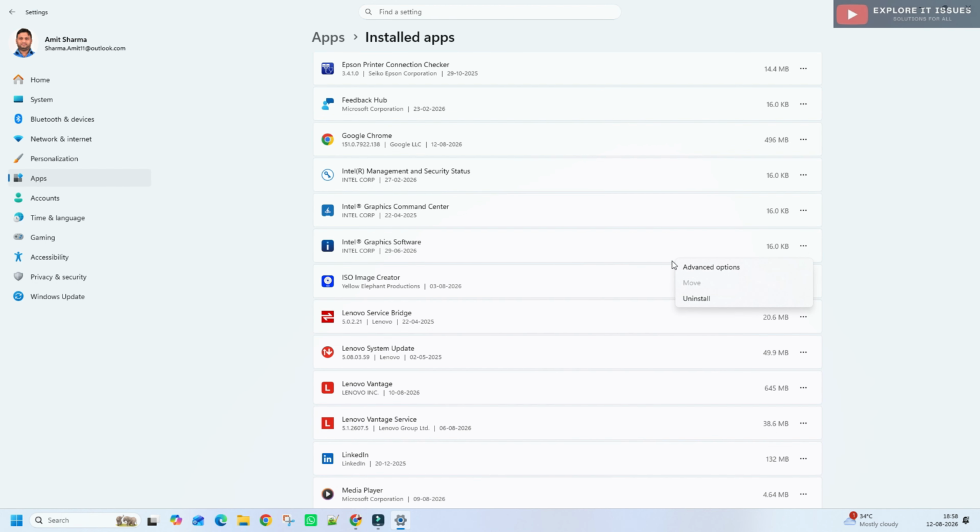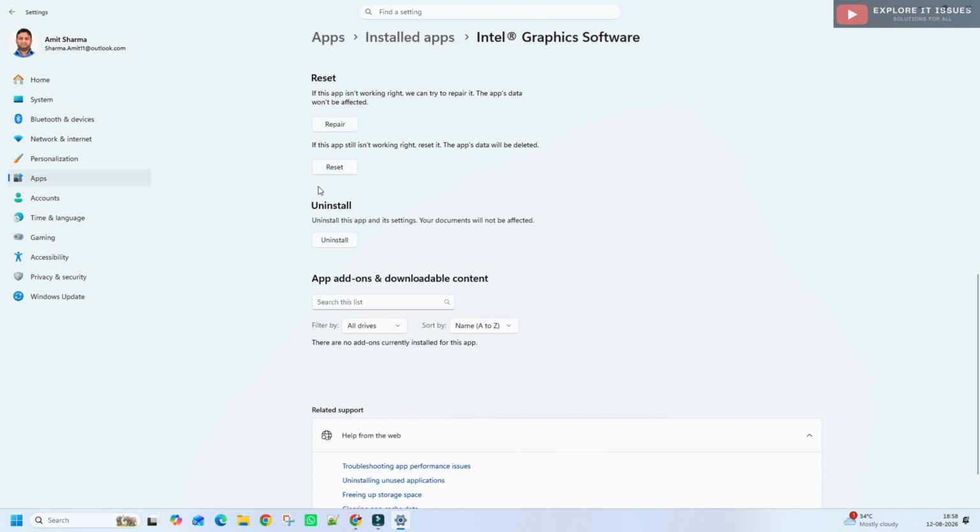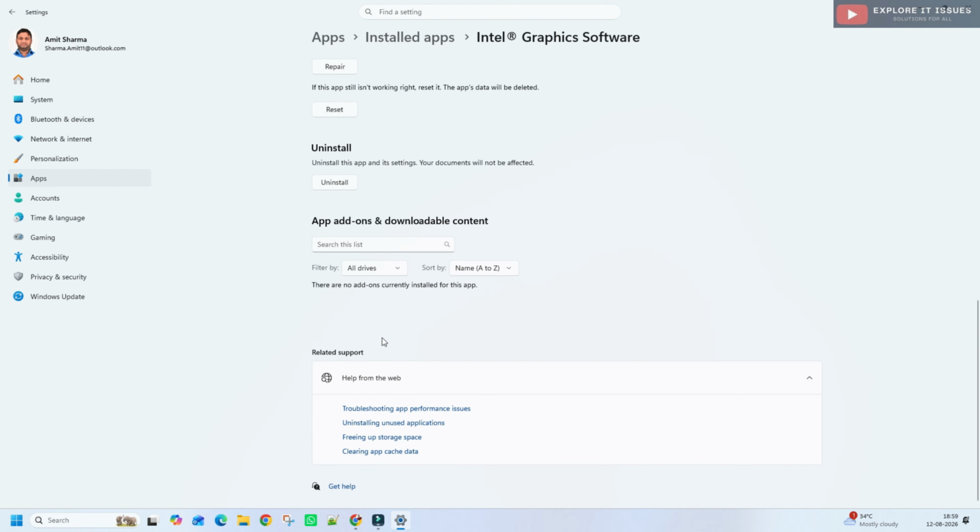Start with repair, this can help fix problems with the application without immediately resetting its data. If repair doesn't help, then some applications also provide a reset option. You see here, the reset option. But be careful with reset because it may remove the application's data, settings and sign-in information.